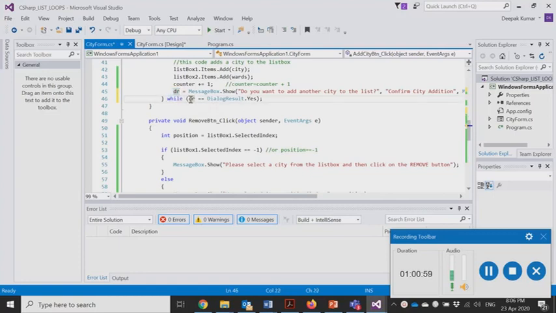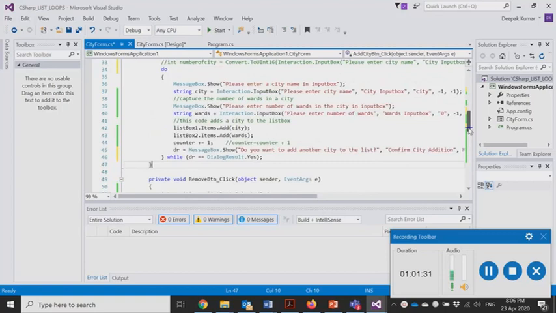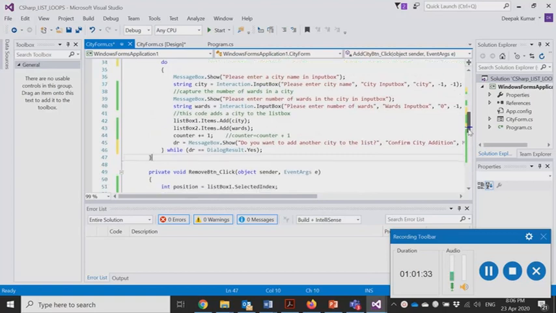We say while dr equals DialogResult.Yes, meaning as long as the user keeps clicking yes, the dialog result will contain the DialogResult.Yes value. So you will be checking this, and while the value of the dialog result is yes, the loop will continue to execute. Once the value is no, or it is not yes, then the loop will break. So this is an example of a do loop while, or as we call it, a do while loop,